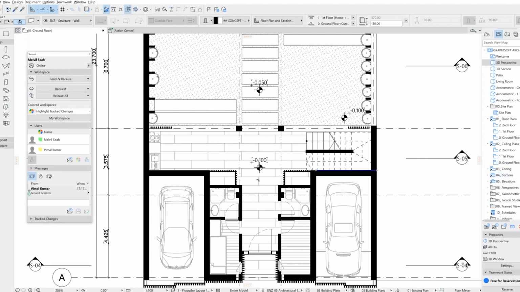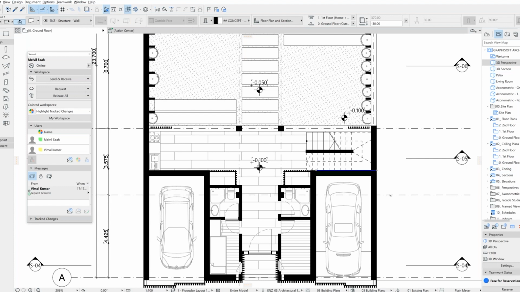But I also realized that I did not send him another wall so that he can put the door as well. So in this drop down, I can release all unmodified elements. Since I didn't do any modification over there, I can just use this command. So now BIMCloud should be able to add in the doors for this garage and this garage.